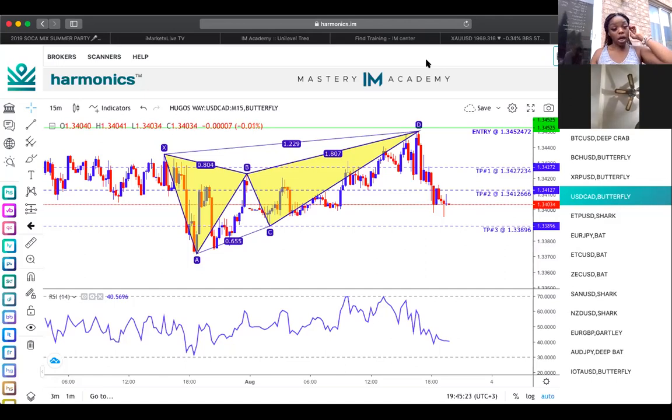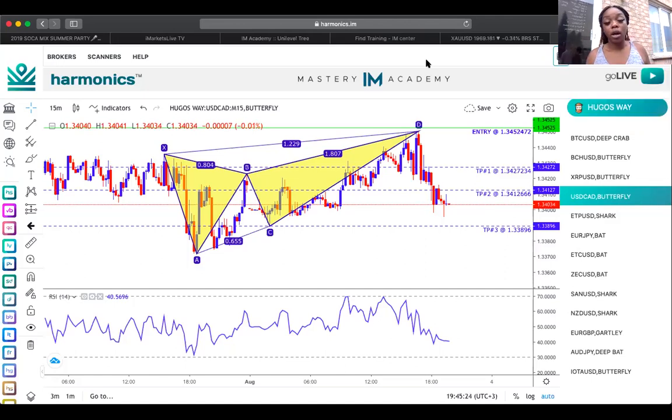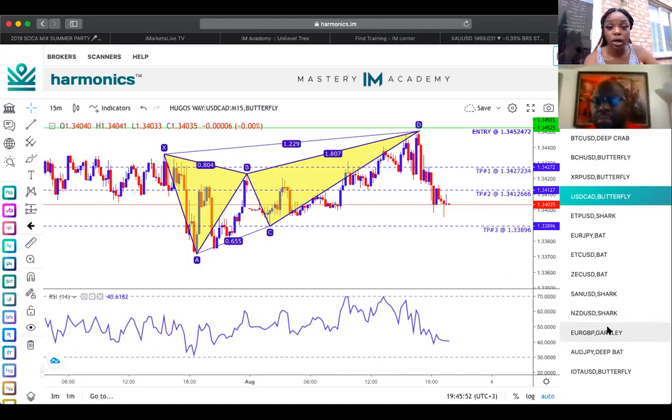All right. So for the scanner now, it's going to scan the market for different patterns. As I mentioned, you have crab, butterfly, shark, bat, Gartley, cipher, all these things, right? And if you want to know specifically what these patterns mean, you can go into your I Am Academy, then your Forex Academy, and I believe in the 400 series, you're going to see the pattern names of the Harmonics Scanner. And these videos,